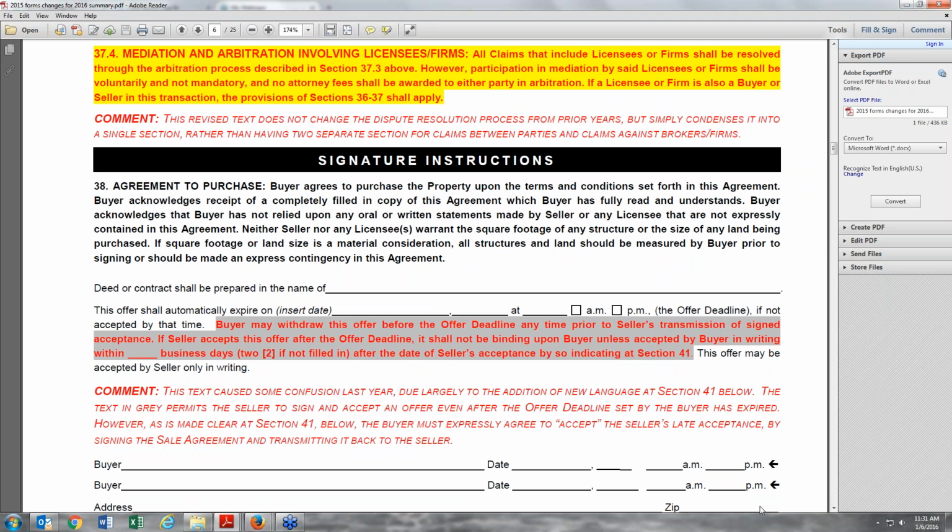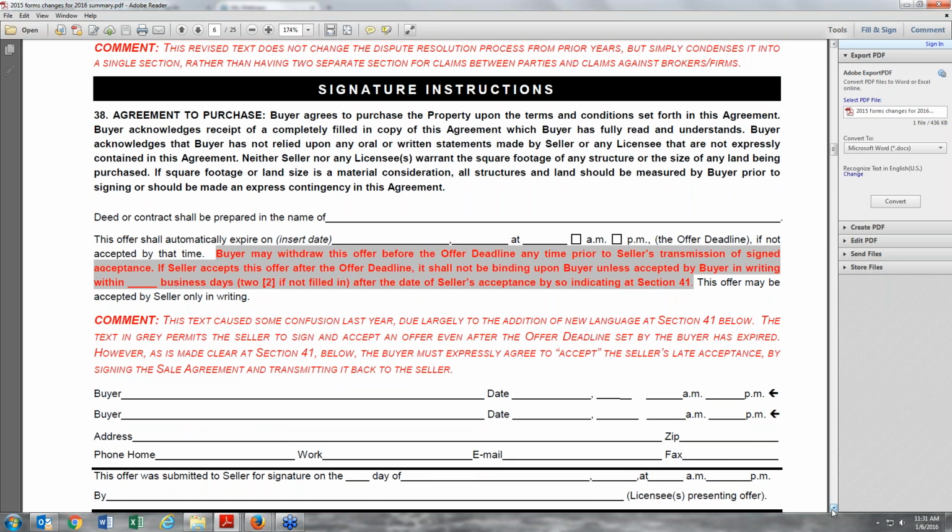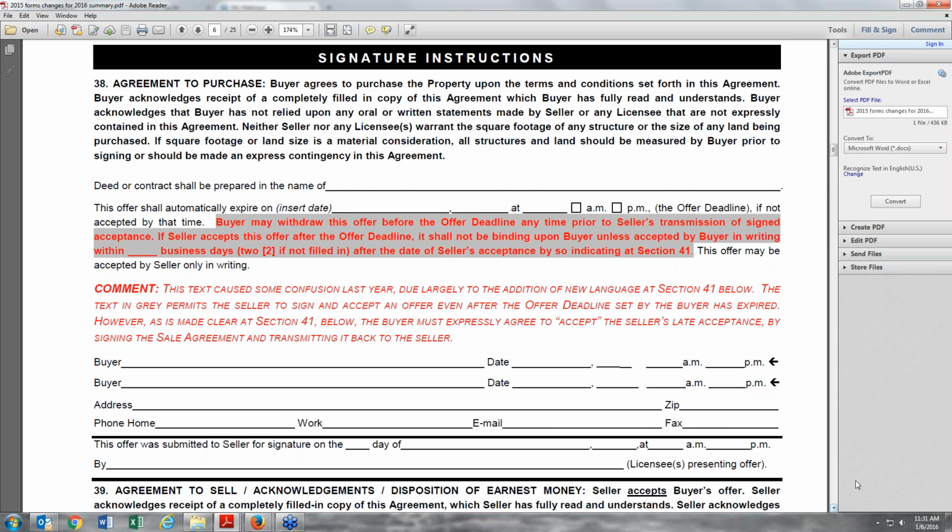All right, I'm looking now under the bar entitled Signature Instructions, and this was another area. This is section 38 below in gray, where it says before the gray, it says this offer shall automatically expire on blank date and time if not accepted. Well,